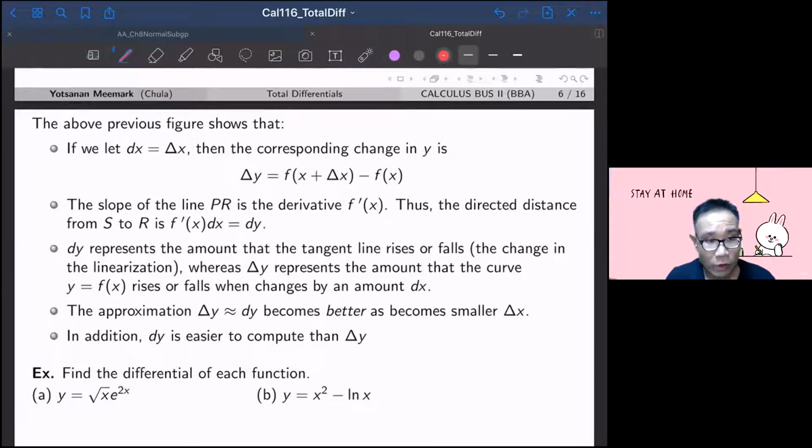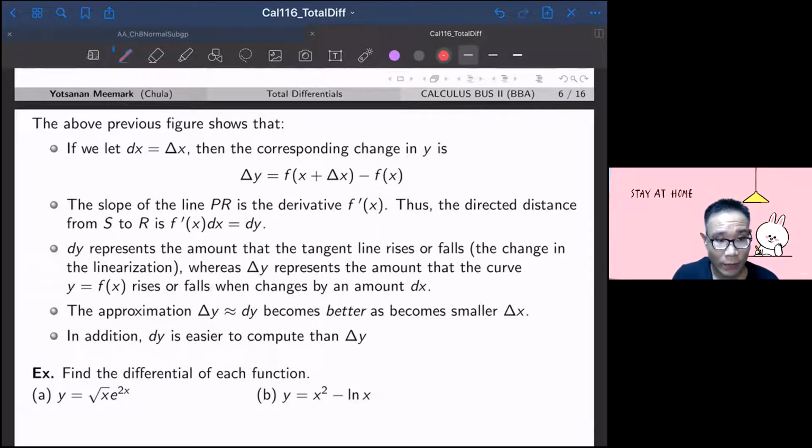The previous figure shows that if we let dx equal to delta x, the corresponding change in y turns out to be delta y equal to f(x plus delta x) minus f(x). And the slope of the line PR is the derivative f prime x. So the direct distance from S to R turns out to be f prime x dx